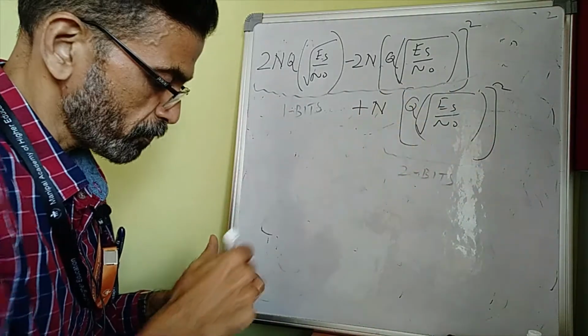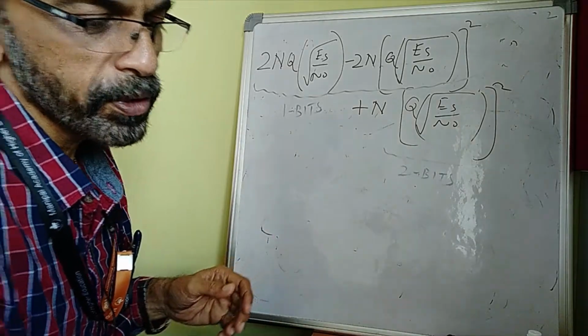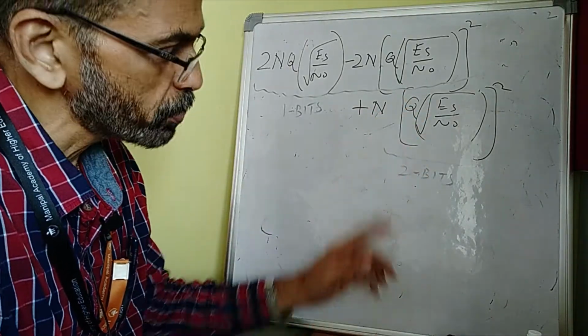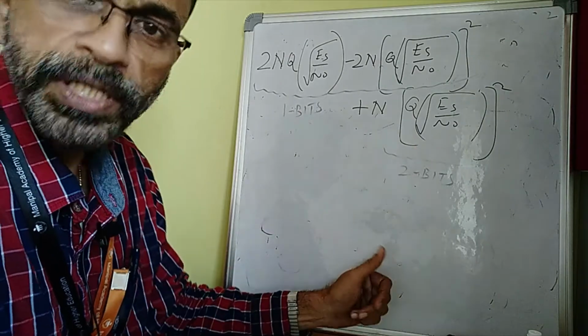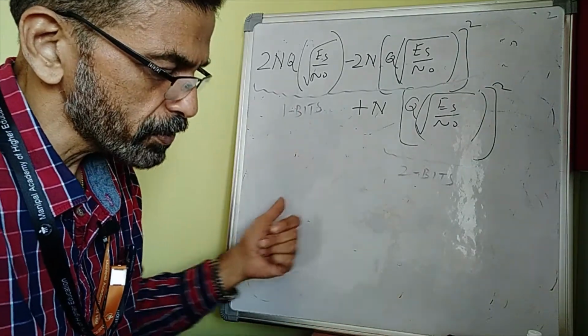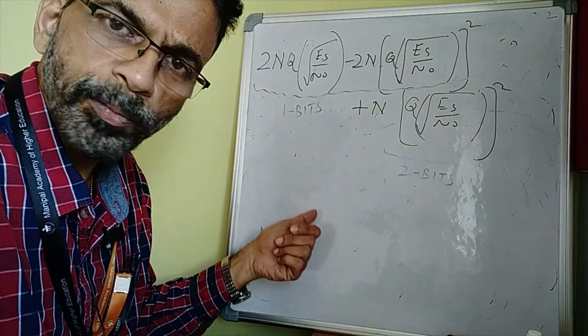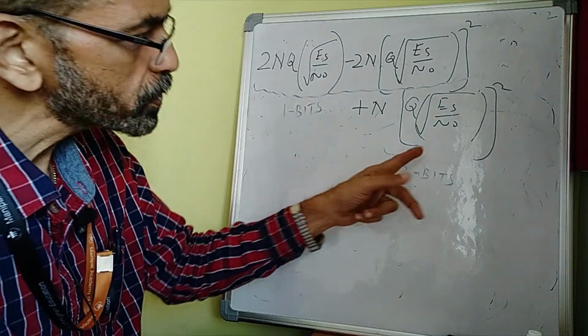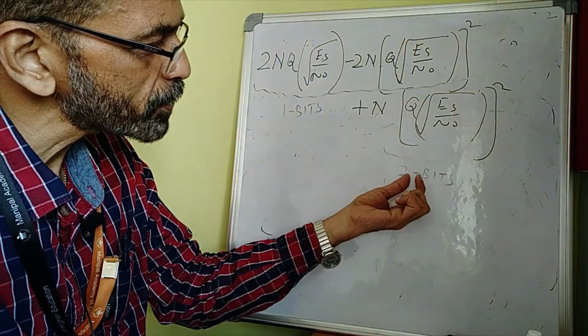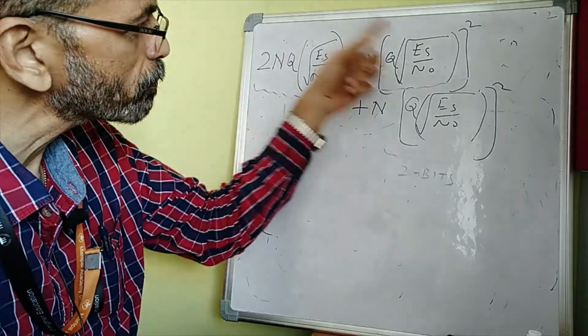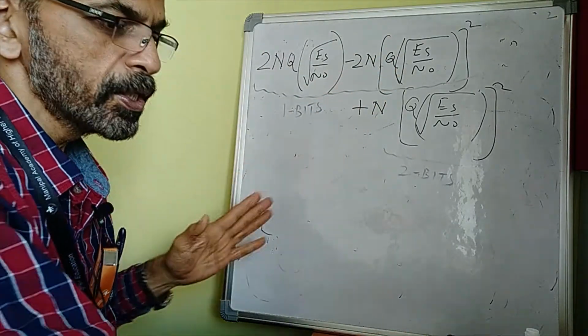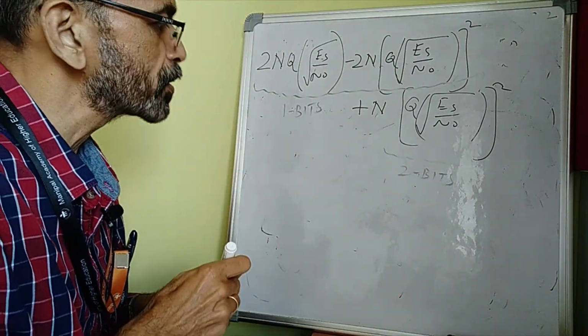So these are the number of pairs of bits that we have lost, because this is the type of error wherein we detect a signal as one which is diametrically opposite to it, and you lose 2 bits. So these are the number of pairs of bits which you have lost. This is the number of single bits which you have lost, and that means the total number of bits